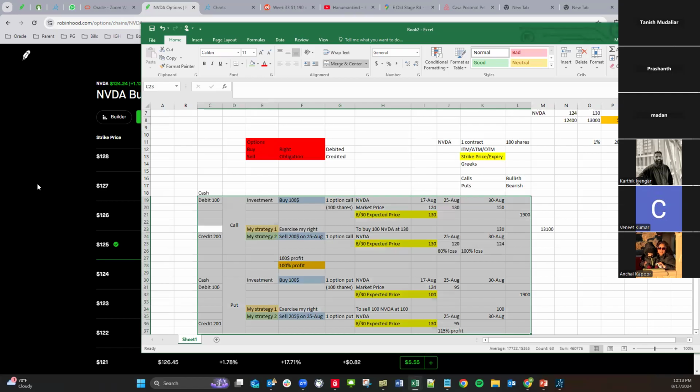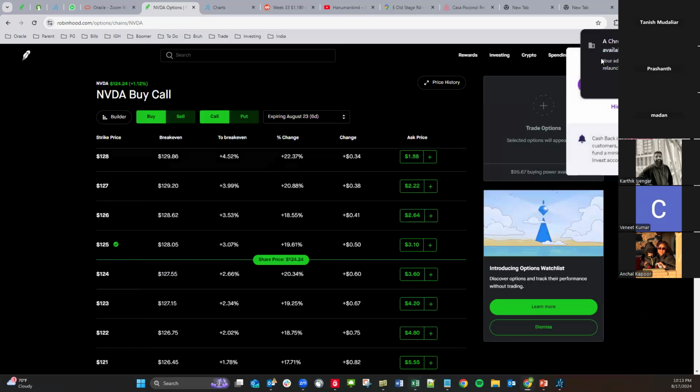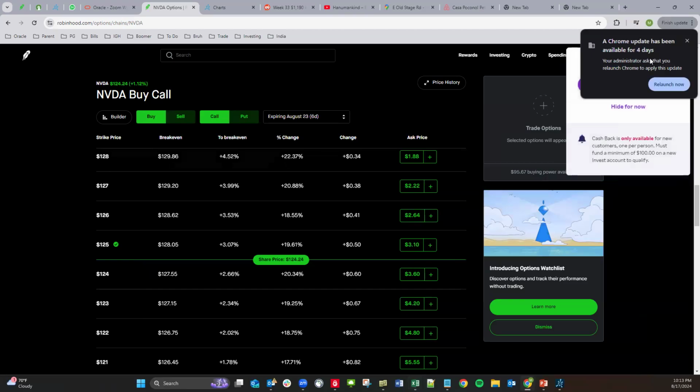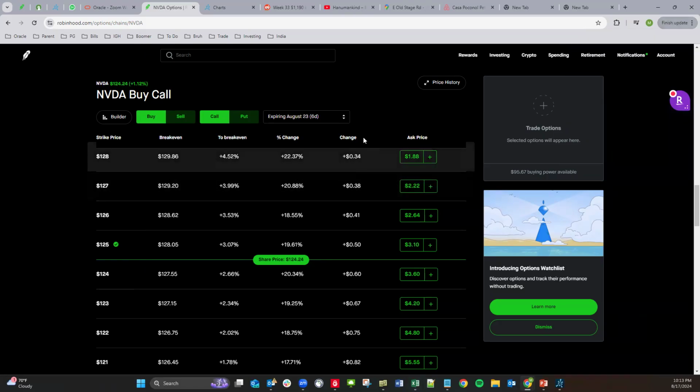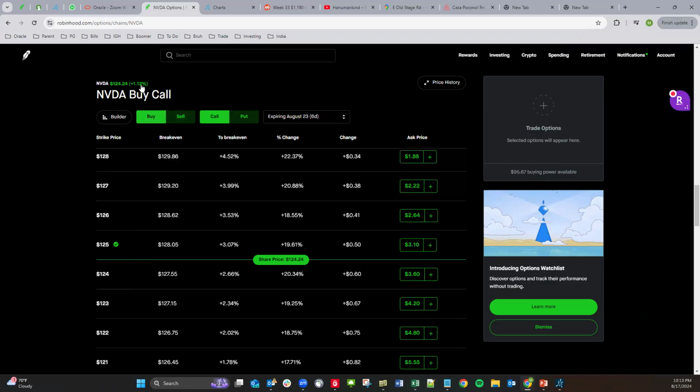Alright. Okay, so let's take NVIDIA itself. Hold on, give me one second. Start with tabs first. Okay, so NVIDIA in